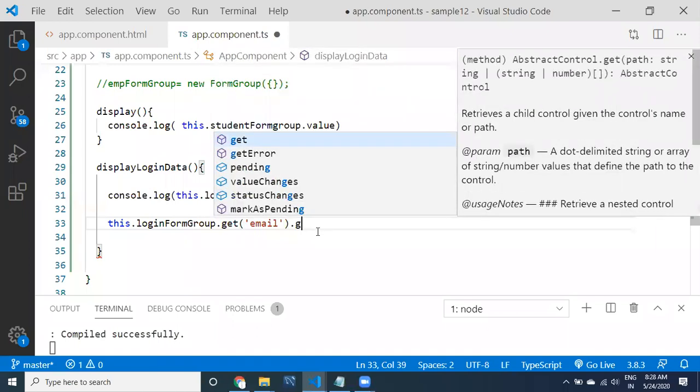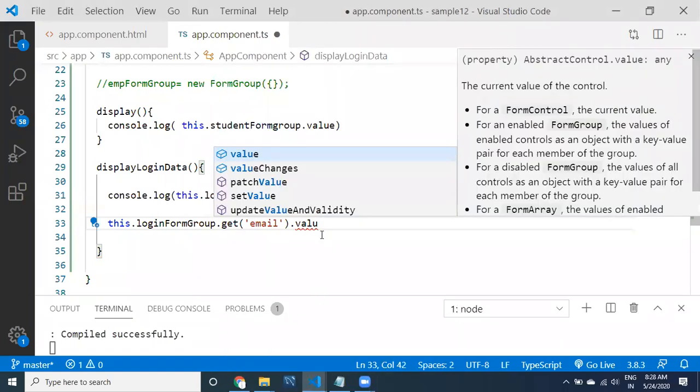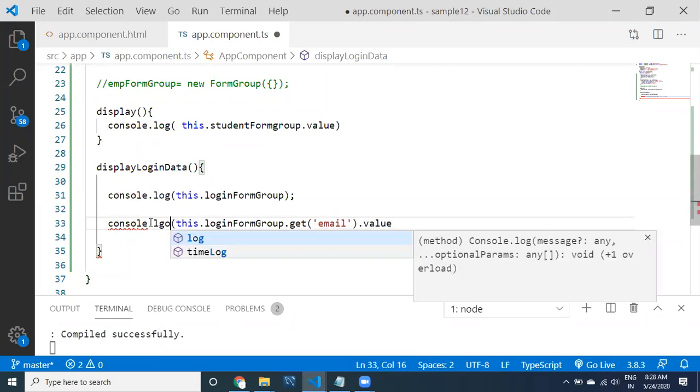You can get the value, email. Yes, you can get it. Now you can use the value. So let's look at it, guys. Console.log of...